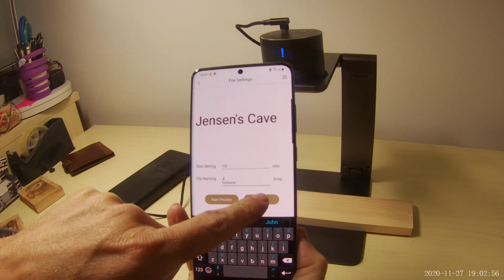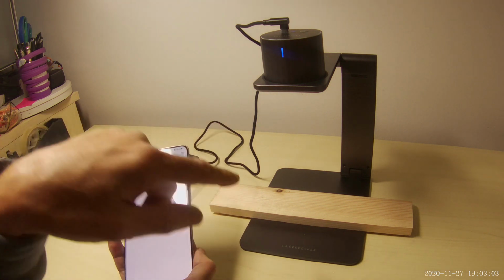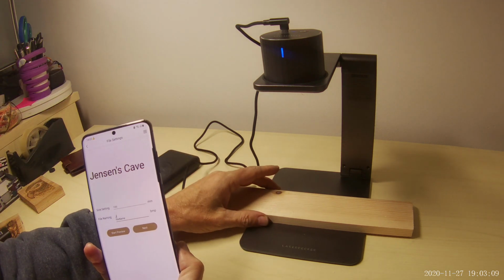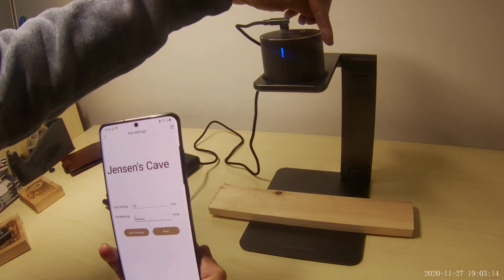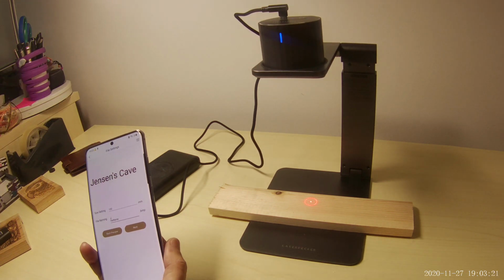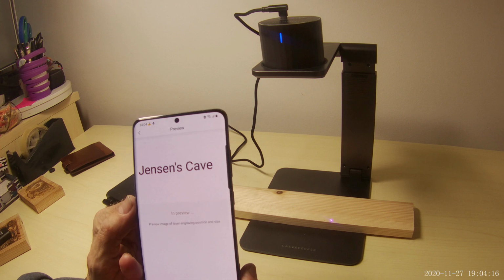Right, okay. Next. Oh, hang on, before we do that, if you press start preview, what will happen is it will send out a laser and it will show you the size that it's going to be doing. Now, because we've put a piece of timber on there, it will automatically measure the distance. You press this button, you see the laser come out, and you can see this rising, so it's exactly the right size. Right, there we go. So let's do preview, we'll start preview. Right, so the password's been keyed in,